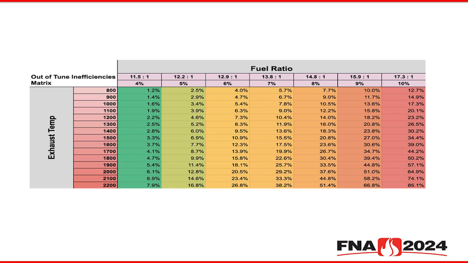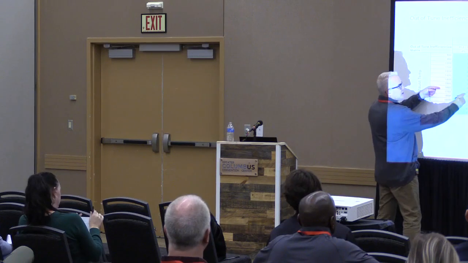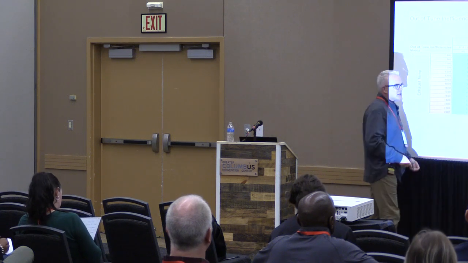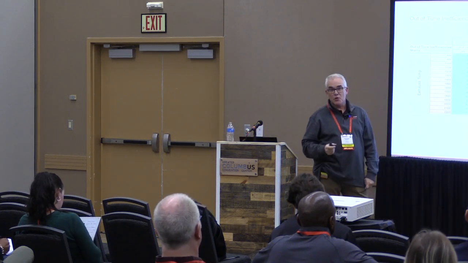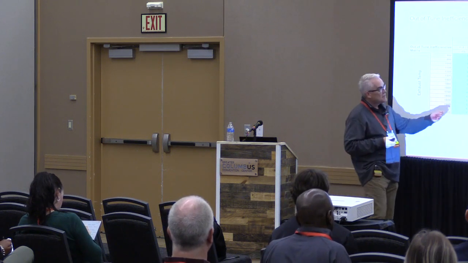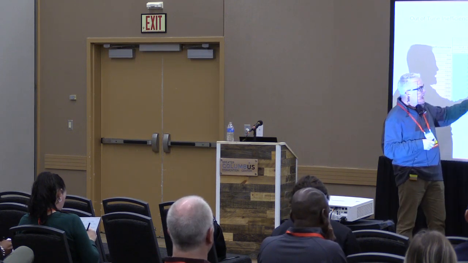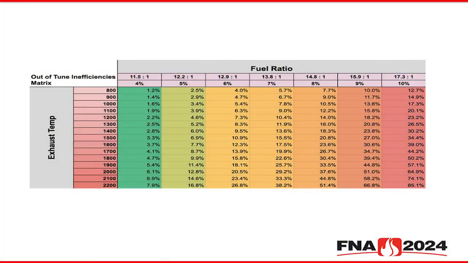But if you look down here at your operating temperatures, what is the exhaust temperature? You start to look into some real inefficiencies, 6, 7, 8% in a burner that most people think is tuned pretty well. And we sometimes walk up to furnaces and check the excess oxygen. It might be out here in the 7 and 8s. Again, I've got a case study we'll look at in a minute. And if you're at 14 or 1500 degrees, now you're getting into the 15 and 20% inefficiencies.